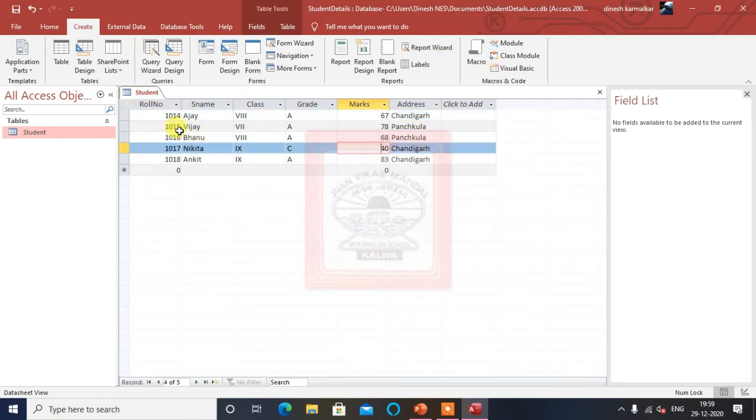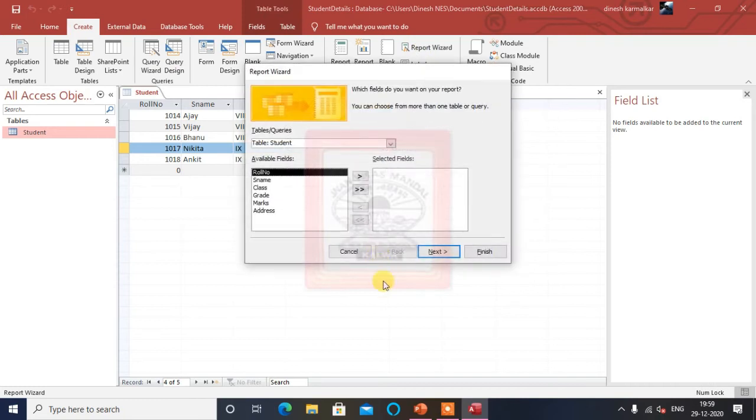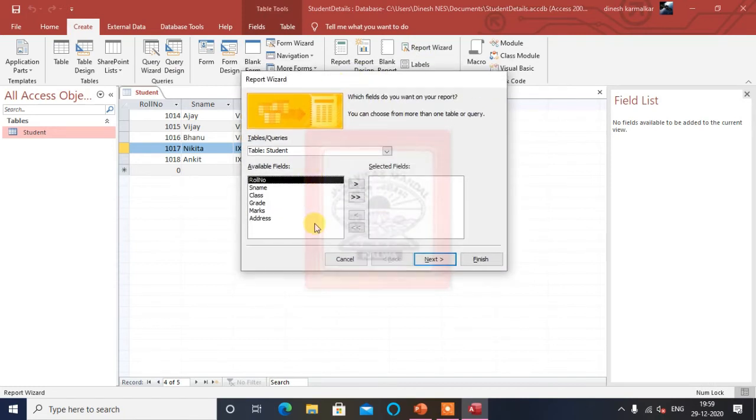So after creating, click Create here and then go to Report Wizard. Now, step by step, one wizard screen will come in which we just have to make selections. Here we will see all the available fields. It is not necessary to make the report from all 6 fields, but for the timing, here we can take all 6 fields.